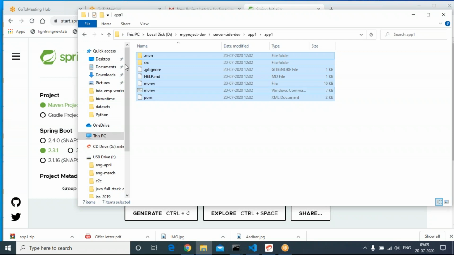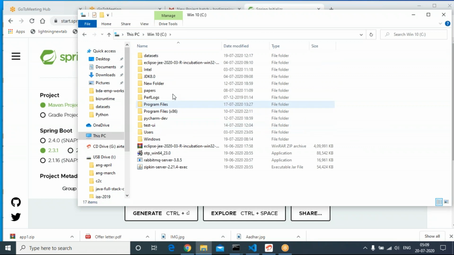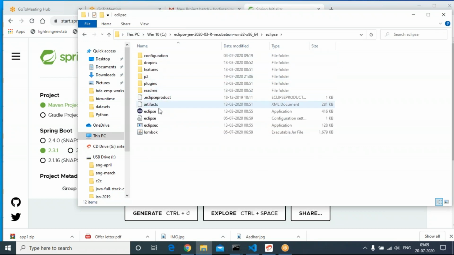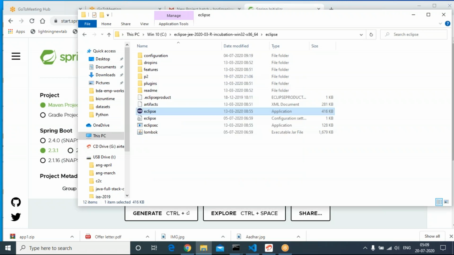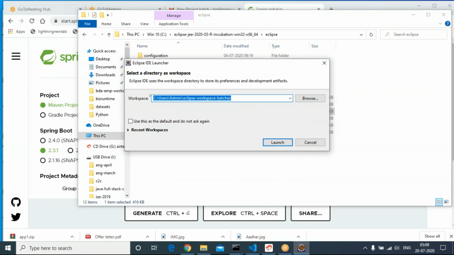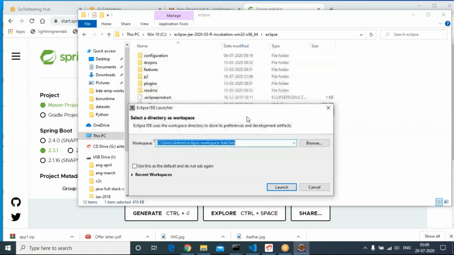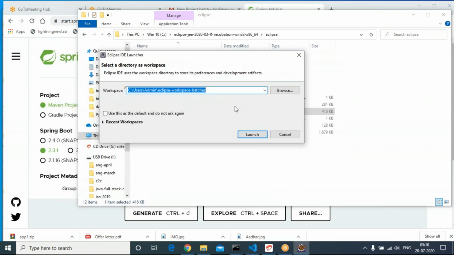I will be using Eclipse as the IDE. Throughout the course, we will be using Eclipse. Let me start Eclipse. We all are Java programmers. Definitely JDK and Eclipse both will be available in our systems. By any chance, if JDK is not there, try installing JDK 1.8. If by any chance Eclipse is not there, try downloading the latest version of Eclipse. It should be the Enterprise Edition of Eclipse.